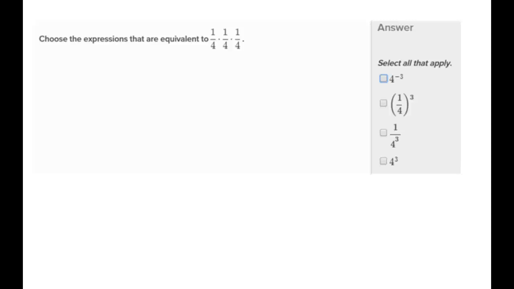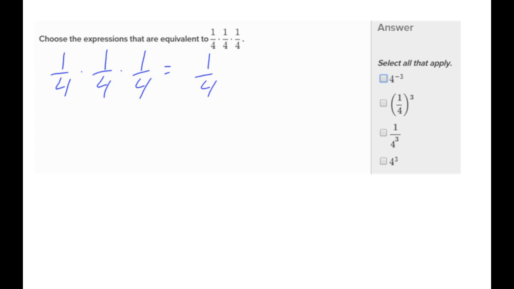All right, properties of exponents. Again, this is more of an application with the problems and understanding one way of writing something as another way of writing something. Not as much as calculating, however, some of you are going to calculate to see if they are the same. I know that 1 over 4 times 1 over 4 times 1 over 4 is the same